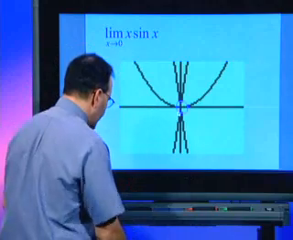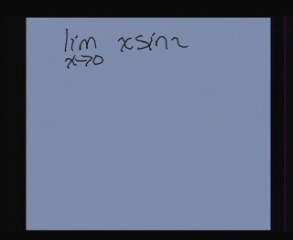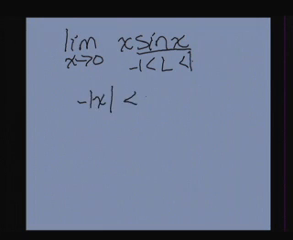So let's look at this algebraically now. If we want to look at the limit as x goes to 0 of x sine x, what we can say is, of course, sine x is going to be between positive 1 and negative 1, which means that I can write this as the negative absolute value of x between x sine x